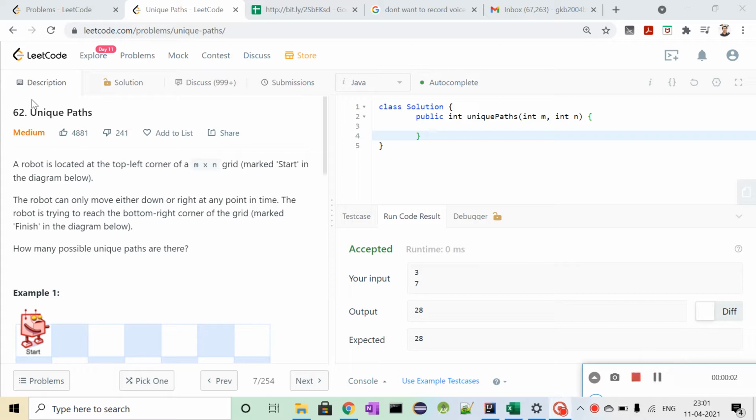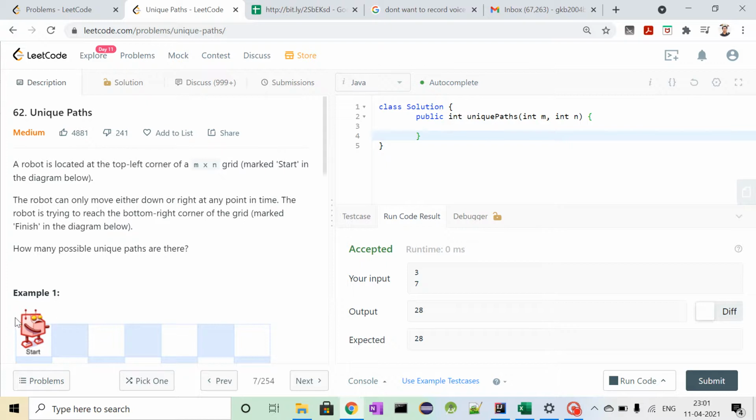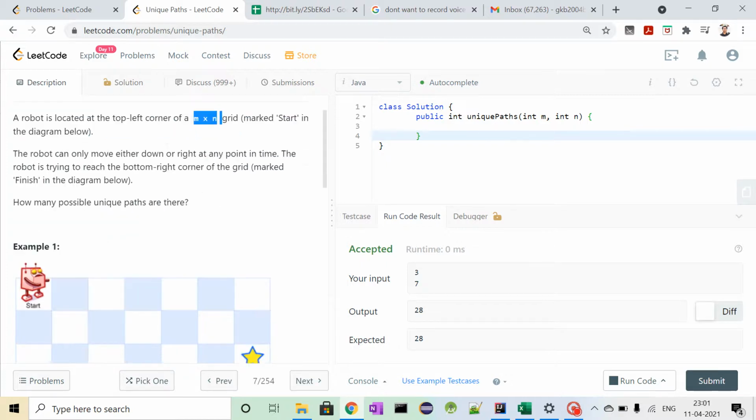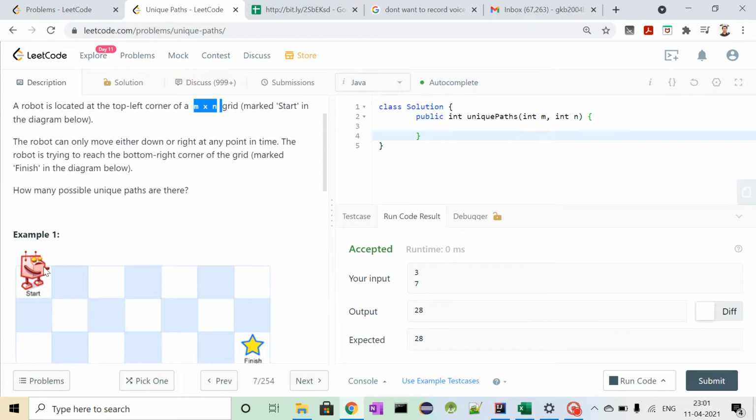Hi, today we are going to solve the problem Unique Paths, and its serial number is 62 on LeetCode. The problem is there is a robot on the top left corner of an M cross N grid, and from here the robot will start moving and its destination is the bottom right corner, that is here, the finish mark.